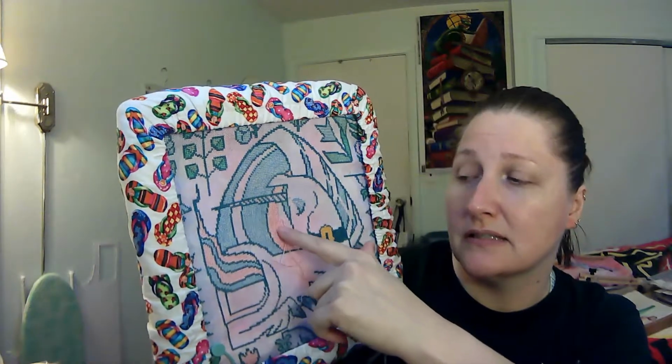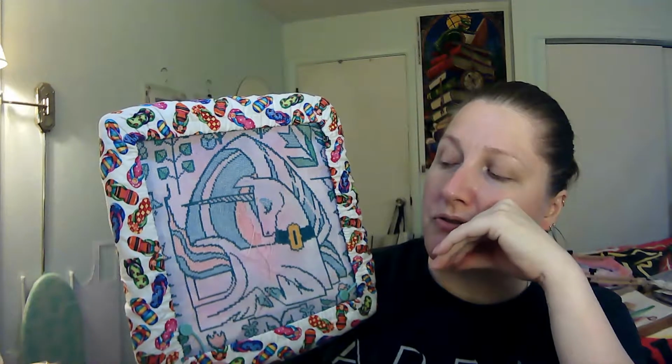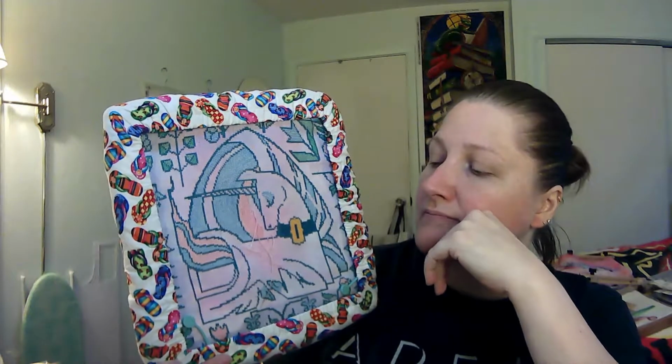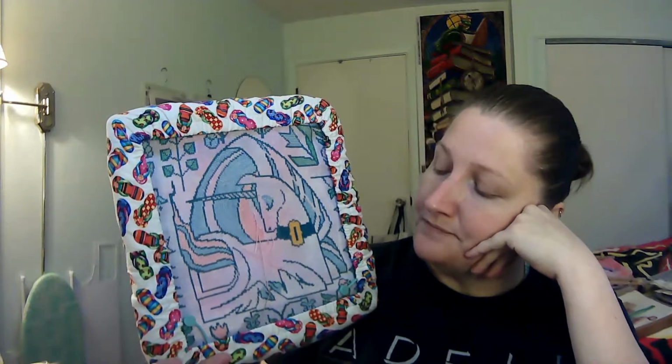There's some white diamonds in here. I don't know. I might try to fudge it. I might just undo those stitches and try again. I still haven't gone back and done this yet, but I'm making progress on it. Right now this is all fill-in for the most part, except for this right here and some white going through here, but otherwise everything's fill-in. It's a lot of fill-in, mind you, but once I get going on it,